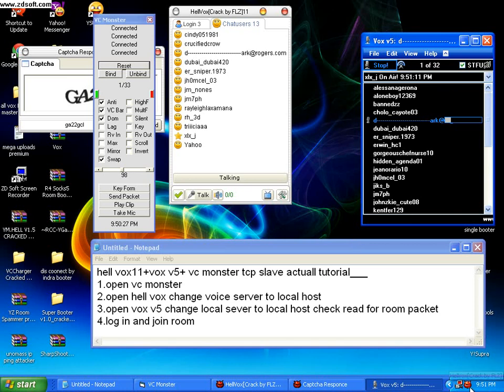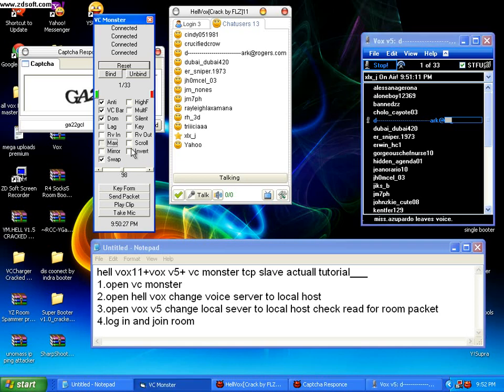Okay? You must first open here PC Monster. If you want to click in the max, if you want to click in the scroll, if you want to click in the invert, that's okay. You're fine. Okay, it's a mix. Open PC Monster first, then open Hellbox. Change first server to localhost, open box B5, change server to localhost, and check the read for empty packet, and log